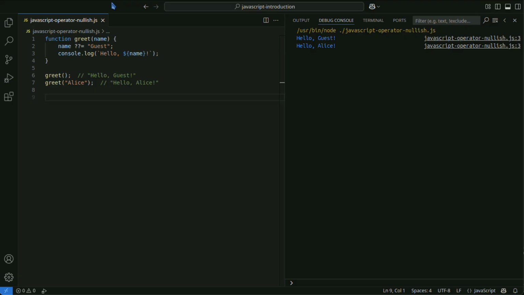The nullish coalescing assignment operator only assigns a value when the left-hand value is null or undefined, making code more concise and helping to prevent unintended assignments. Especially when dealing with falsy values like 0 or false, it can be more appropriate than the traditional logical OR operator, OR equal. By utilizing this operator, you can create more robust and readable code.